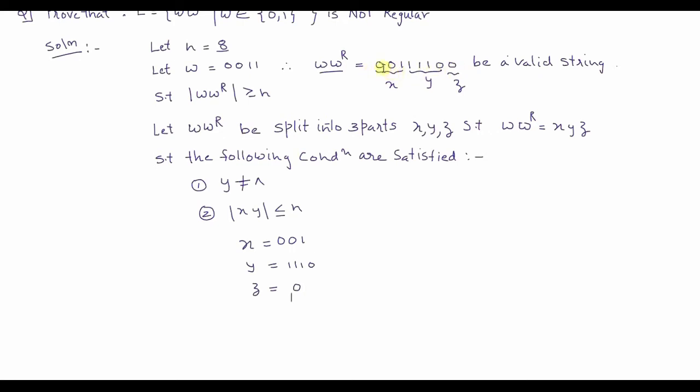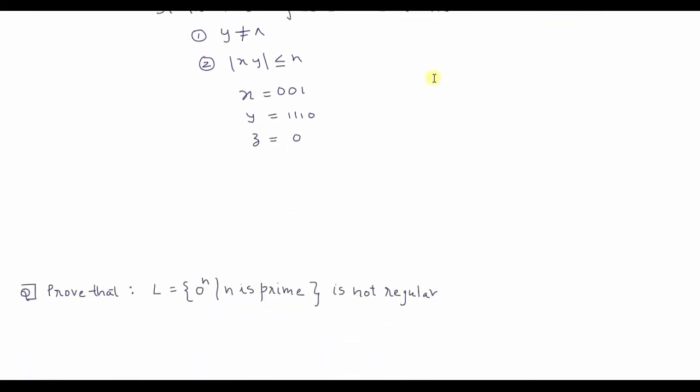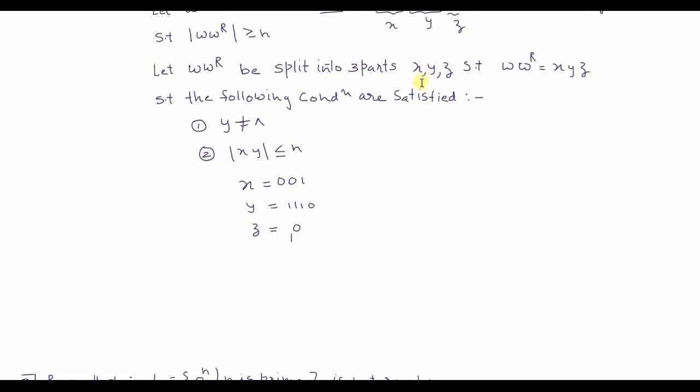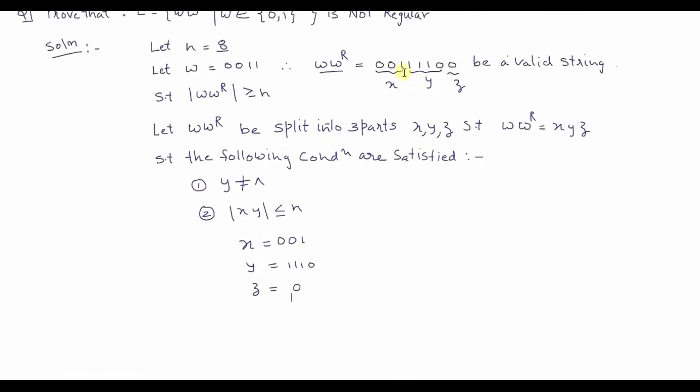I am just writing this. So x is 0 0 1, y is 3 ones and a single 0, and z is the remaining 1 0. Okay, so that's how I have split the string. So then